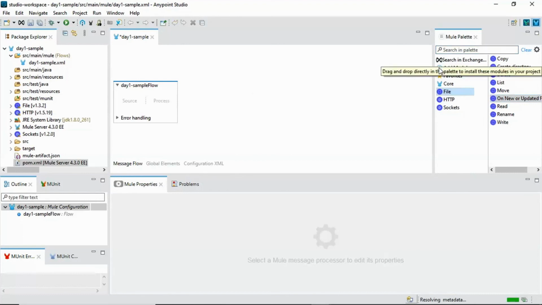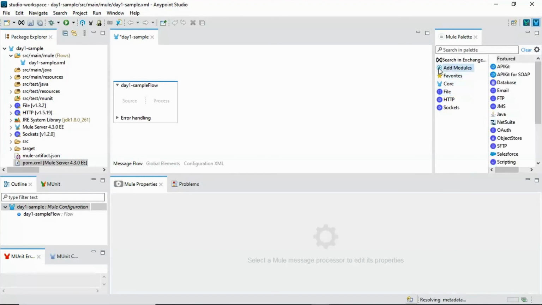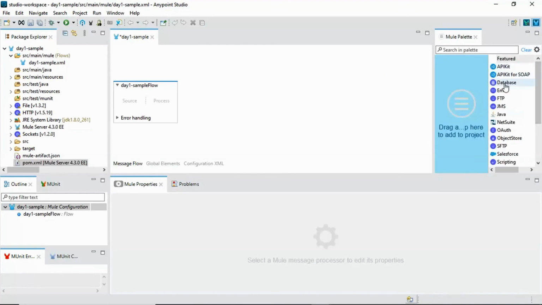You can add more modules by clicking on add modules. You can see various modules available.